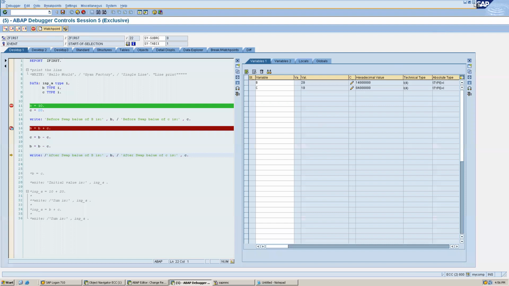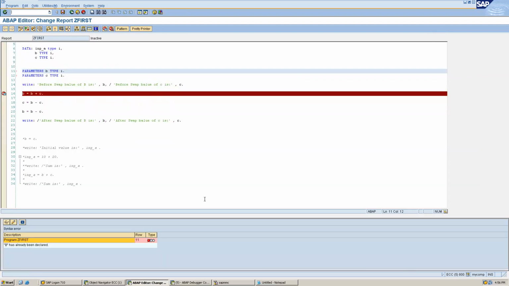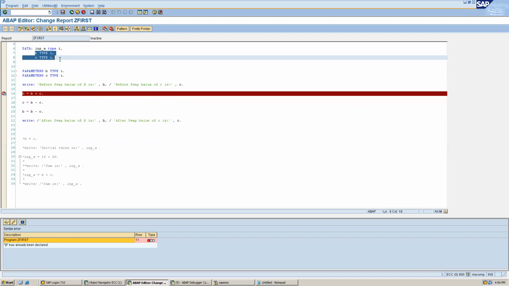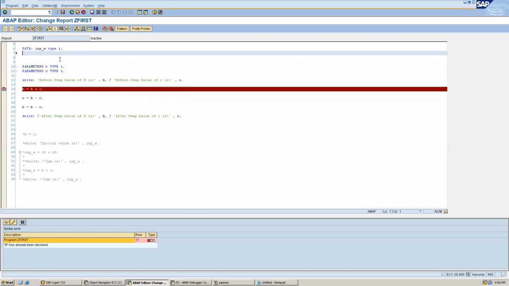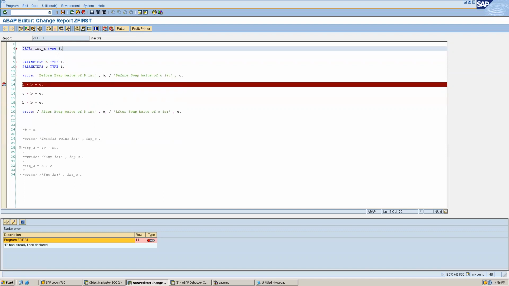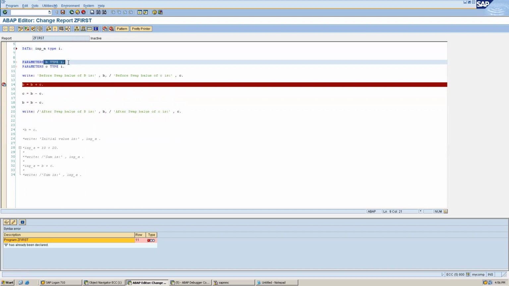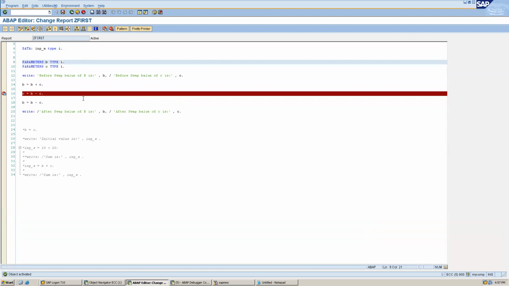Let me close this screen. In the meantime, B is already declared. Okay, so it is already declared. So we have to remove this because we cannot use the same parameters. So what was the issue? It was declared already, and I am declaring it again. Here we can see that B has already been declared. So I have removed the declaration and am activating it. It has activated. Now let me execute this.